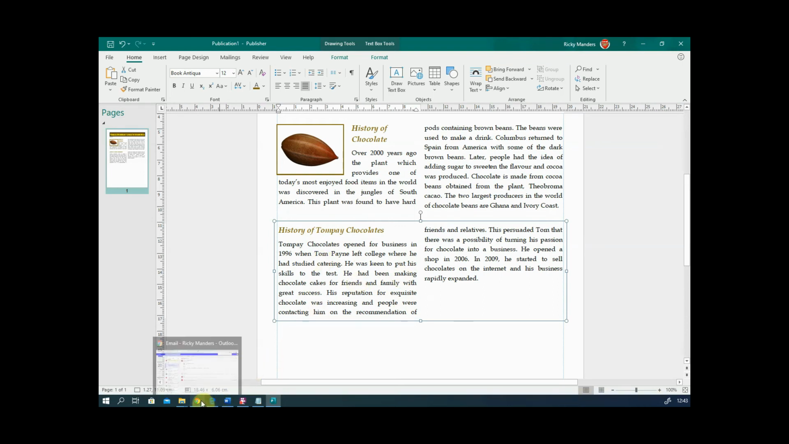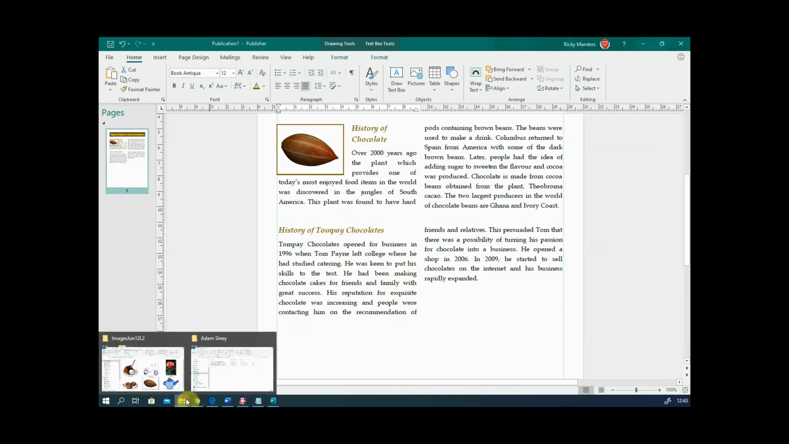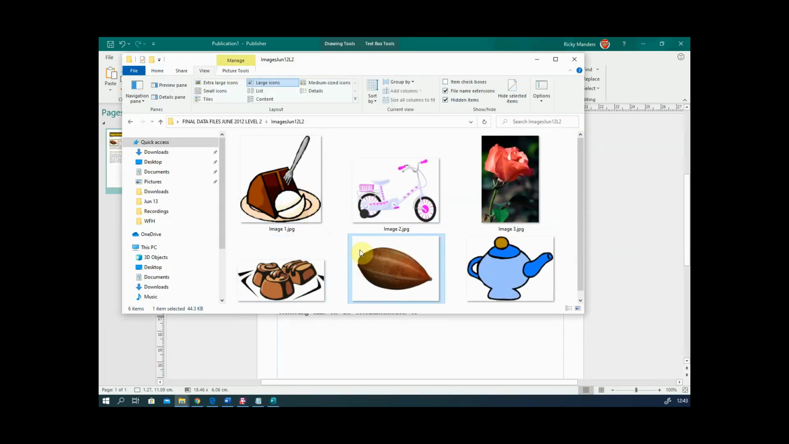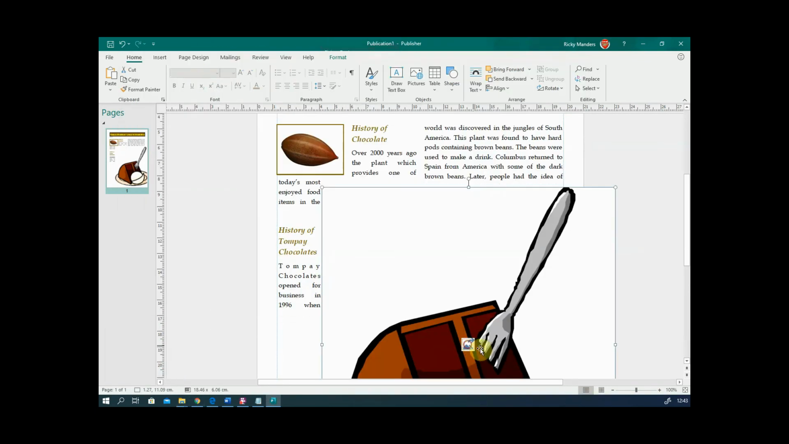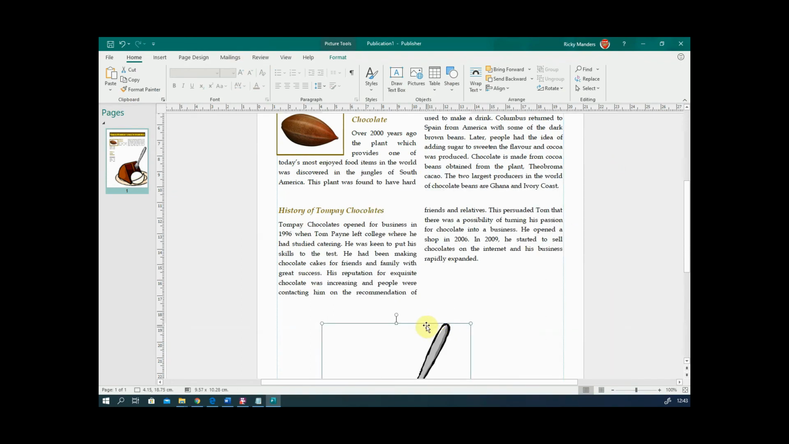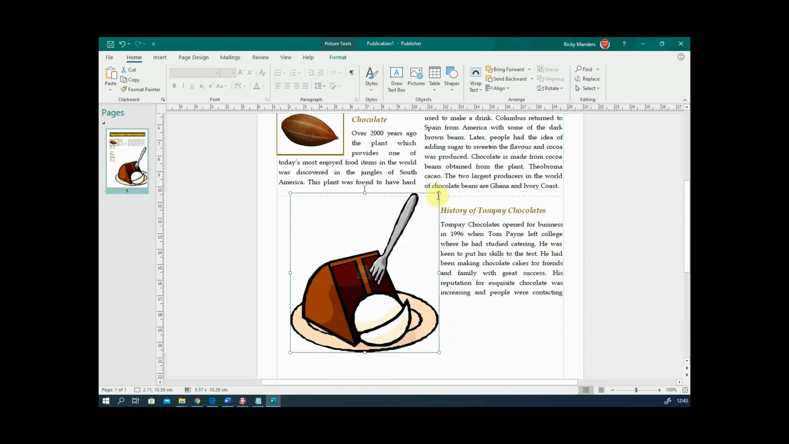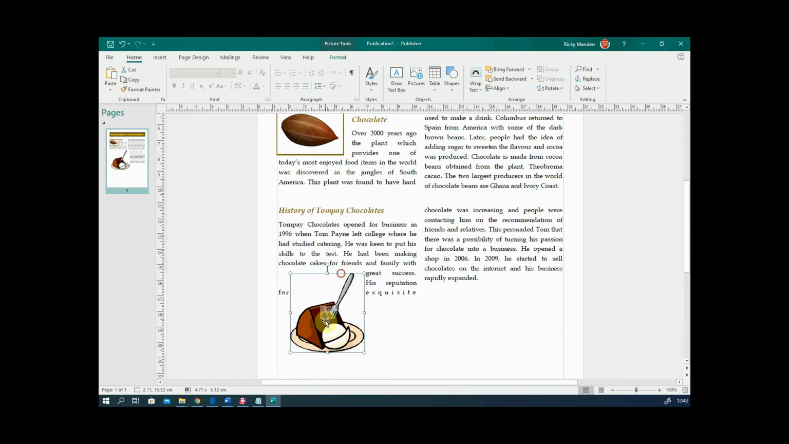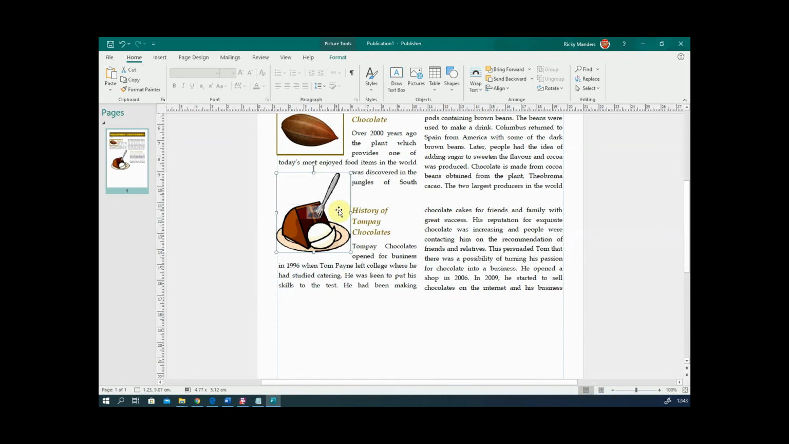Let's find a... Oh, he'd been making chocolate cakes. There we go. We've got a clue to what the next picture should be. So let's go for our chocolate cakes. Okay, huge picture. Now I want these to be roughly the same size. I don't want to have massively different size things. So the easiest thing to do, if I put this over here on the left,